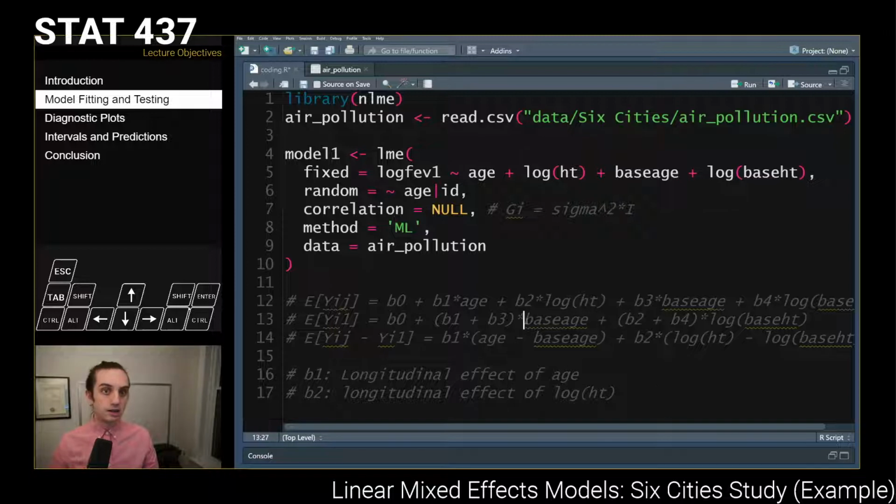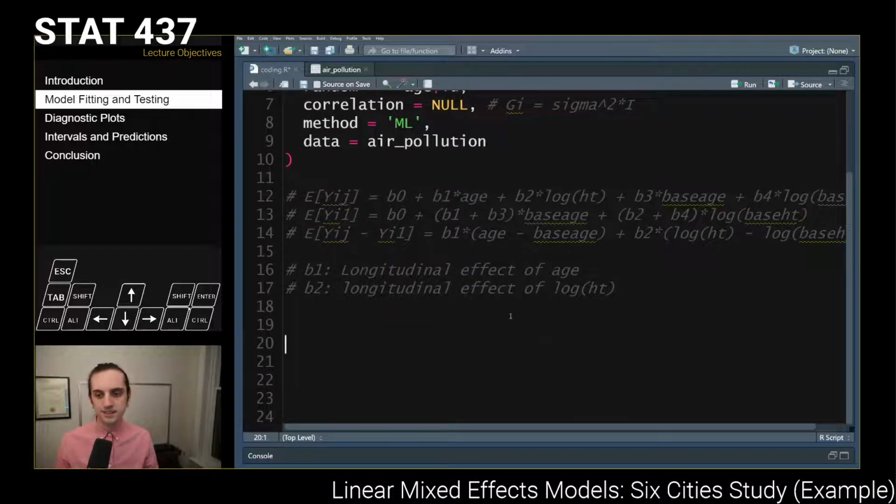Is a 1 unit increase in the baseline age, comparing two different people who start the study at a different age, the same thing as 1 year passing in the study itself? Okay? And so that's going to let us test some interesting questions. And so I'll just pull in a few different questions that we've typed out that we might want